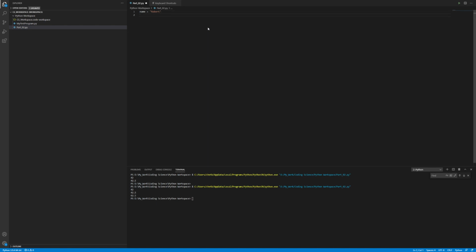Just for fun's sake, we'll keep the age. So we'll say that, for example, Robert is 23 years old. So here we have one variable name that is Robert and one variable age that is 23. And let's print this